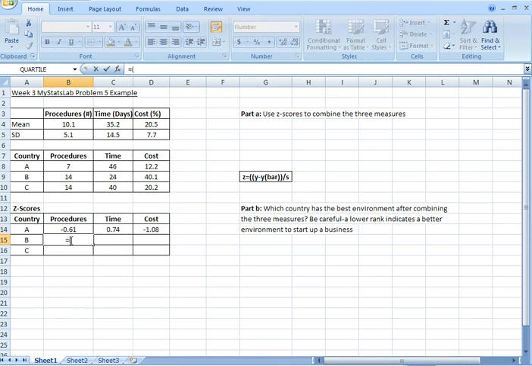Equals y minus y bar divided by standard deviation. Enter. We get the z-score there. Again, we'll drag our points across here,